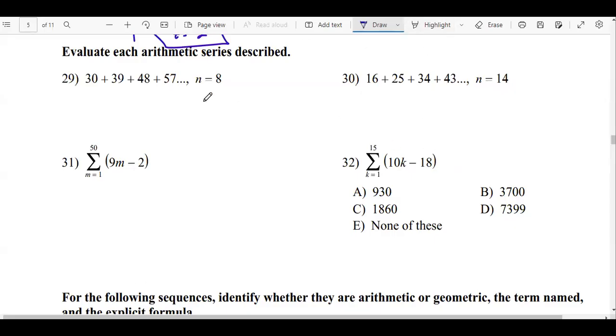Okay, here we are for some sequences and series. It's been a while. So they say that these are arithmetic series, which means there's constant addition going on. If you look at 29 as an example, you see we're just adding 9, adding 9, adding 9. And so what evaluating the series means is that we're trying to add up the first 8 numbers. So all of these